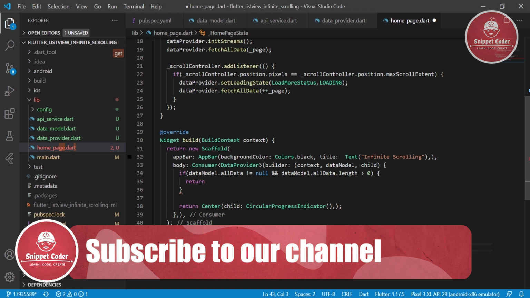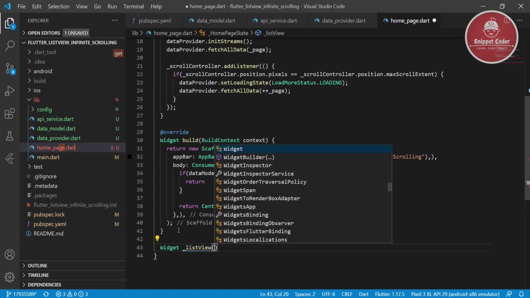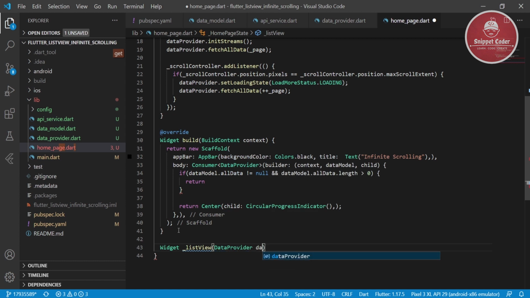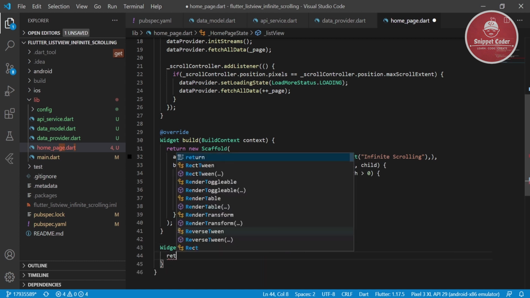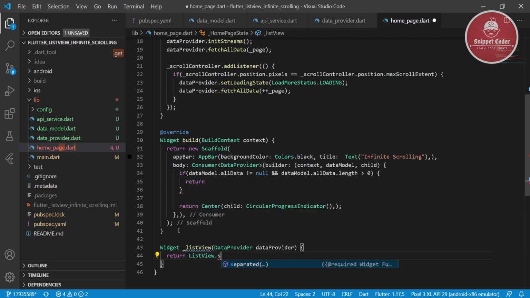Now we will create one widget, that is widget underscore list view, and we are passing the parameter of data provider. Here we are returning list view dot separated, and we will have the item count.